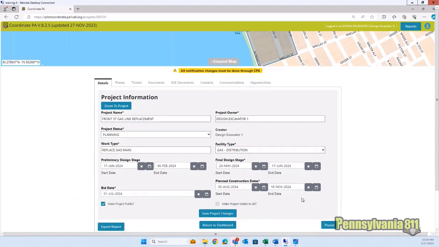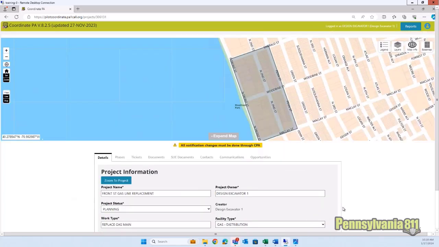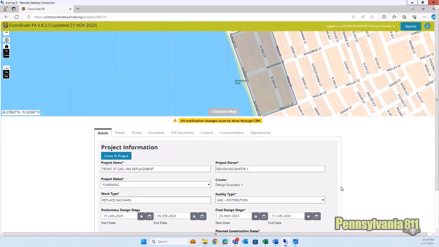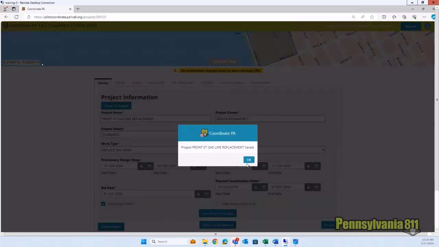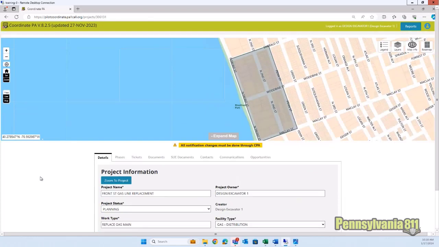If you make the project visible to all, that would allow any contractors or anyone else who has access to Coordinate PA to see your project. So if you don't necessarily want a bidding war just yet, maybe don't make it visible to all, but that's a helpful tool. So I'll save my project changes again. And moving on,